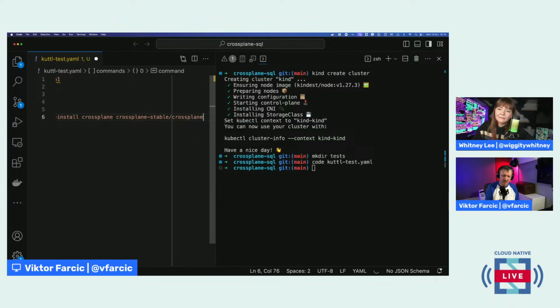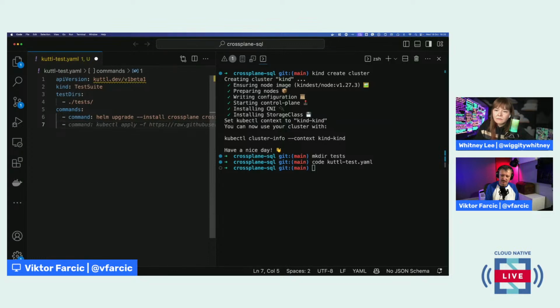This is the chart, and the namespace is going to be crossplane-system. And I want to create that namespace in the new cluster. And I want to wait until Crossplane is installed, right? So we're talking about setup. And the next one, since I'm testing some Crossplane compositions, I'm going to apply